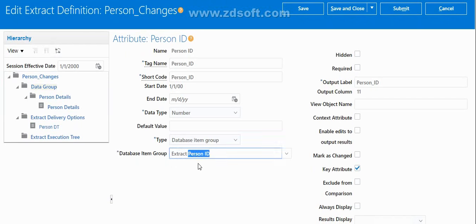Okay, so what is that ID? If you want to check for changes against any employee, what is the reference ID that it has to take? That depends on the key attribute that you have selected at the record level. That will be the primary one against which the threading database item is verified.